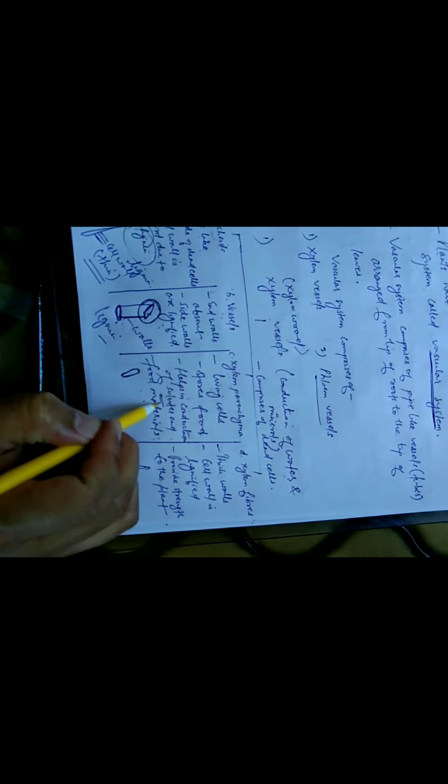Third one, you can see here xylem parenchyma. These xylem parenchyma comprise living cells. Now see what their role is. They store food and help in conduction of solutes and food materials. So they are also playing a role in storage. Storage means they help in storing the food, like we have storehouses to store the food grains. In the same way it stores the prepared food, and it also helps in conduction of solutes and food materials. Solute comes from the water.